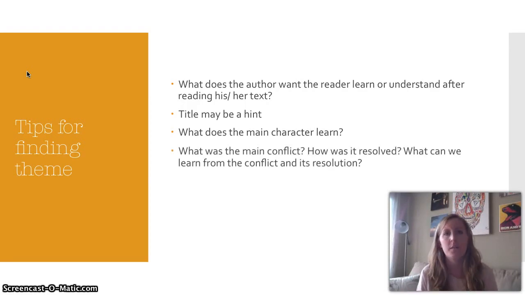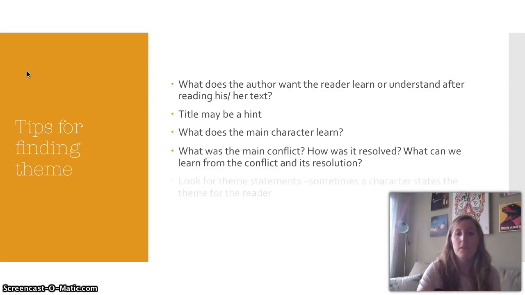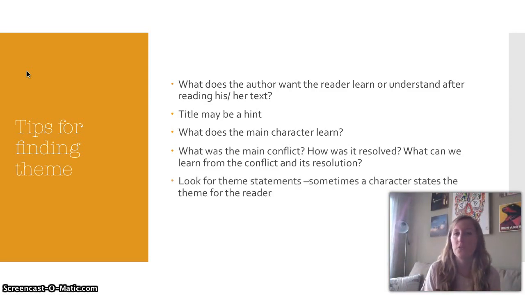You can also take a look at the main conflict. How is it resolved? What can we learn from the conflict and its resolution? If everybody in the story learned something from the problem, then that could also be a venue to find the theme. You can also look for theme statements, and these are like a special treat if you can find this,